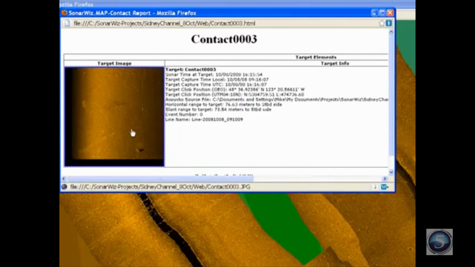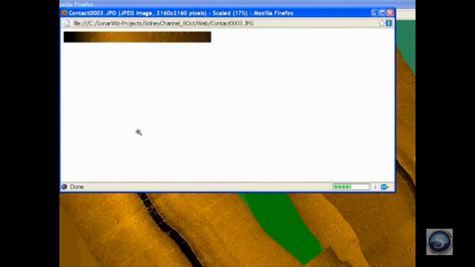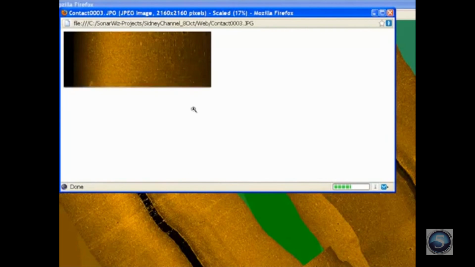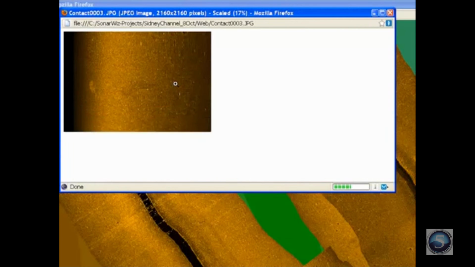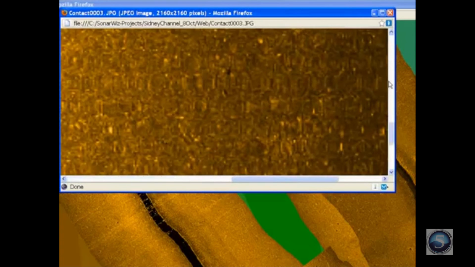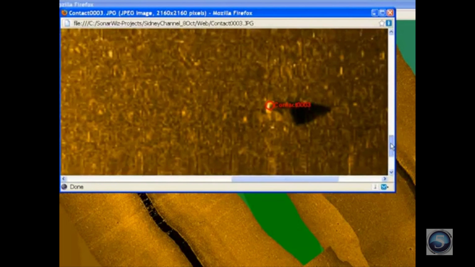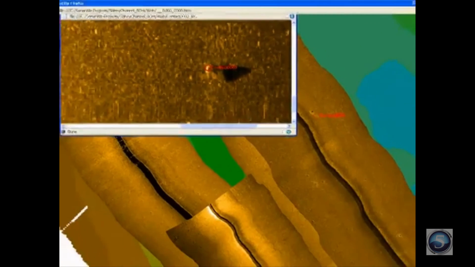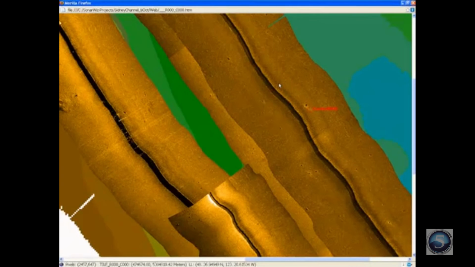Going back to the contact image itself, if I click on the image, it will expand and I'll get a higher resolution image. Here it is refreshing. And if I click one more time, it will zoom in even more to full resolution, and then I can go and use my scroll bars to see it exactly. When I'm done looking at the contact, I can close this window and I come back to the full resolution